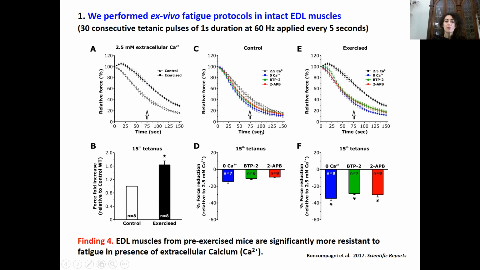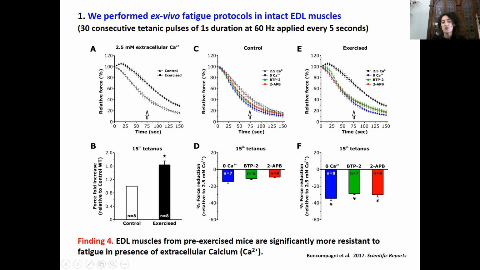We repeated the same experiments in zero extracellular calcium, or in the presence of calcium but in a solution supplemented with two SOCE inhibitors, BTP2 and 2-APB. The results of these experiments indicate that when calcium entry is prevented, the drop in force in control muscle is smaller than the drop in force in EDL muscle from pre-exercised mice, indicating that indeed these muscles are more dependent